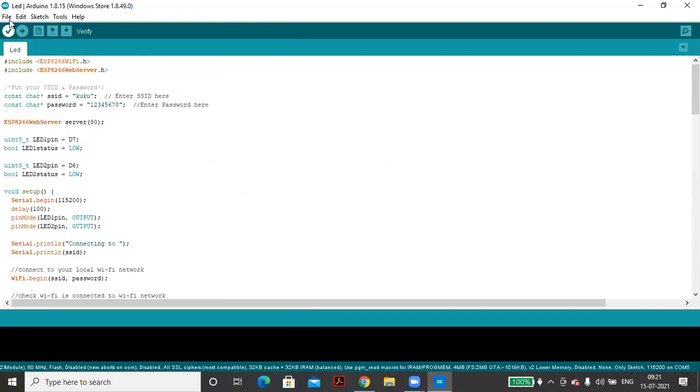So first of all, you have to think what requirement you have on your hand. For our application, we want to give a command and our LED should glow and this event should be recorded.